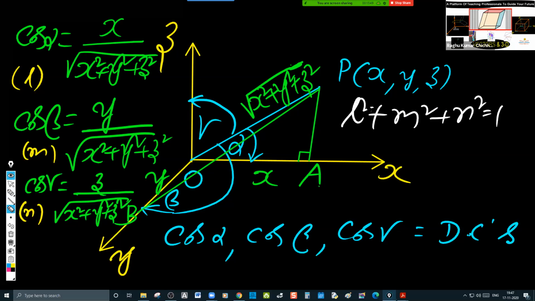L square plus M square plus N square is squaring and adding them, no? Just x square plus y square plus z square by x square plus y square plus z square. So L square plus M square plus N square is equal to 1. Sum of the squares of cosines is always 1. So this is a property, and you will have this directly